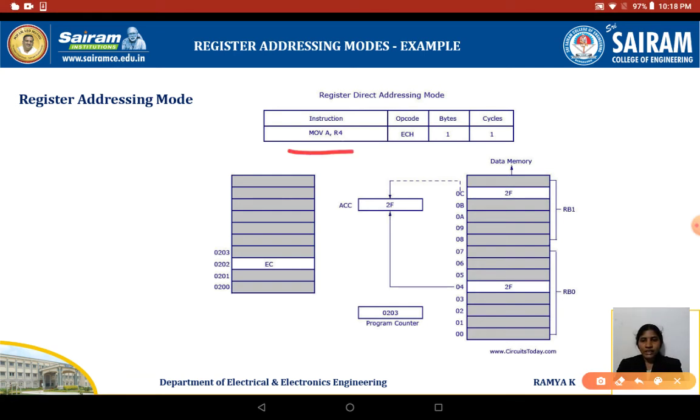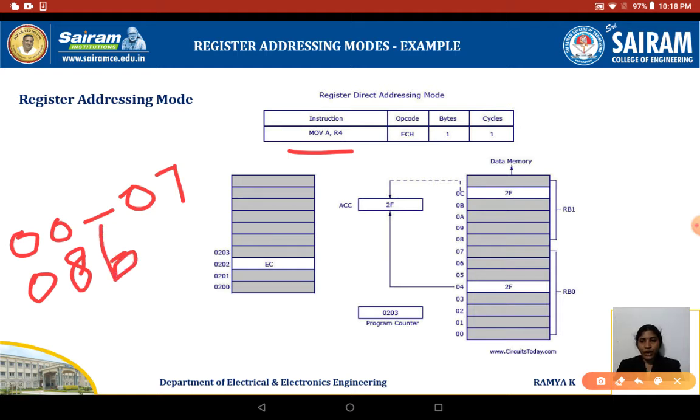As we discussed earlier, bank 0 addresses range from 00 to 07. Bank 1 ranges from address 08 through 09, 0A, 0B, 0C, 0D, 0E, 0F, so another 8 bytes of data will be stored for your bank 1 registers. 00 to 07 stands for bank 0 registers.